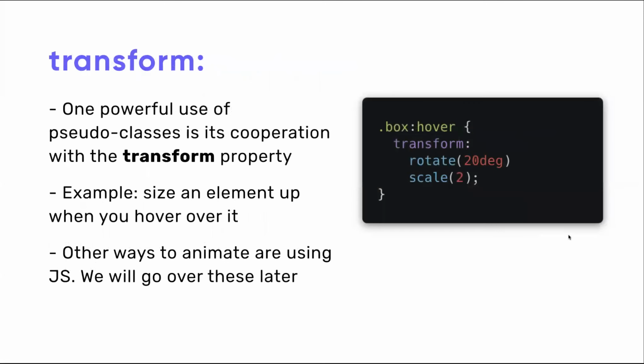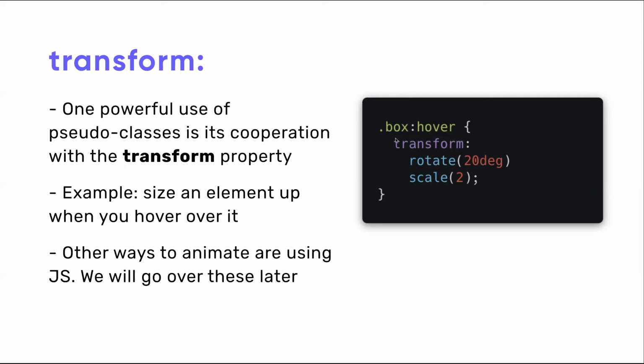Pseudo classes can be combined with the property transform to do some fun animations, right? So essentially what happens here is that on hover, this is another CSS selector. On top of this would be a regular dot box selector. Then under it is what happens on the special state of hover, right? So when you're hovering over this box, this basically says that it's going to rotate it by 20 degrees and